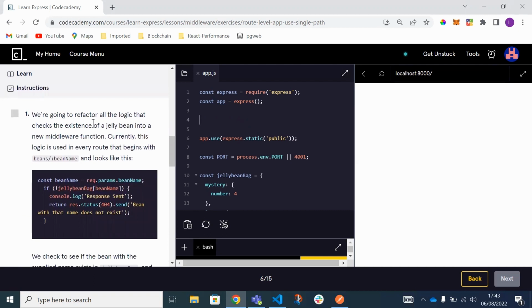We're going to refactor all the logic that checks the existence of a jelly bean into a new middleware function. Currently, this logic is being used in every route that begins with bean/. So we've got the wildcard, and it looks like this. We've got a constant which is holding the wildcard, req.params.bname. We're saying that if we've got an object somewhere with a key of bean, so if that's falsy,